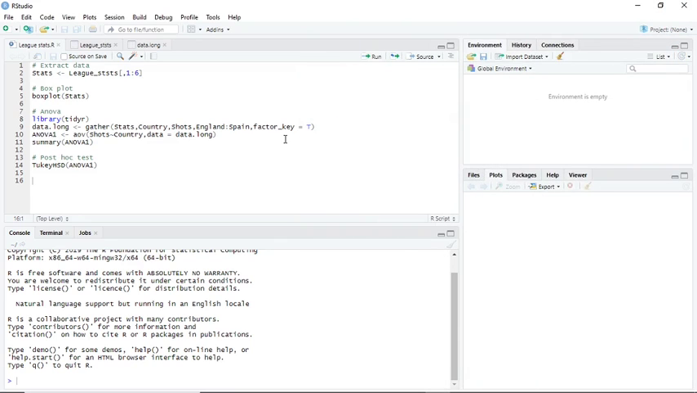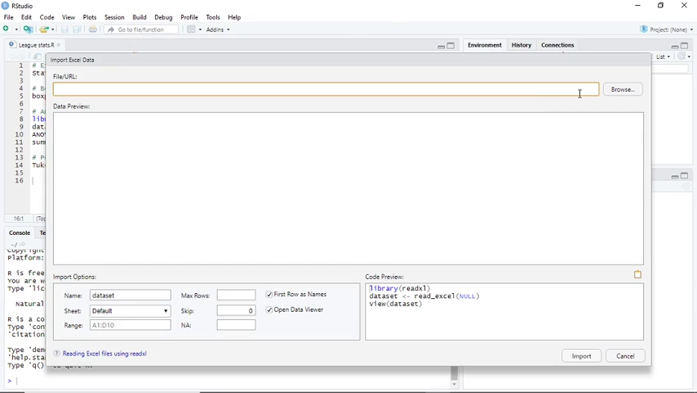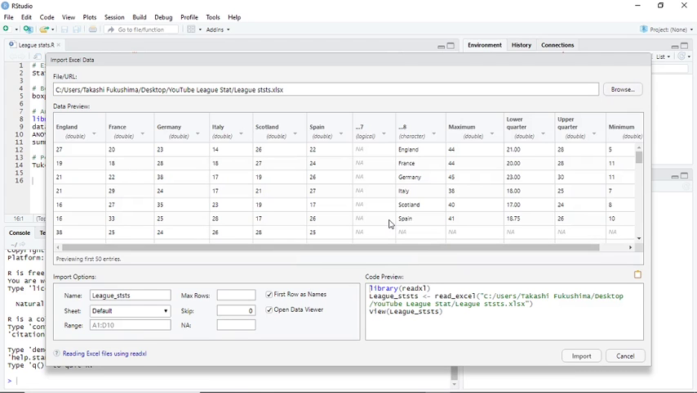Okay, RStudio. So let's import the data first. To import the data, you just click import data, choose the file format Excel, and go to browse. If you import, you will see this spreadsheet, which I just created, and this